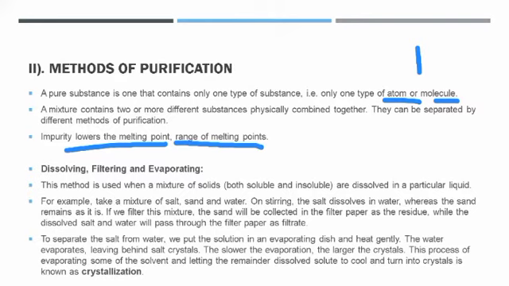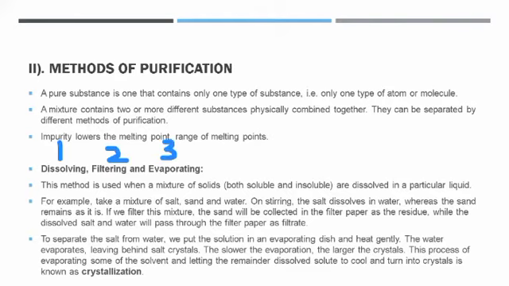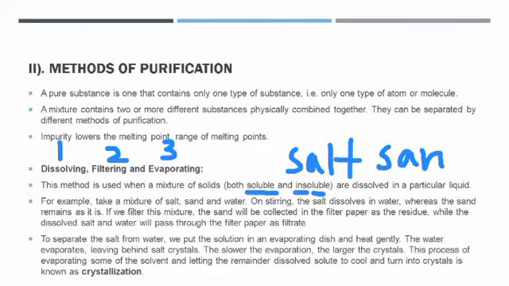for your melting point. Okay, then what is the first method to separate two substances? You have dissolving, filtration, then evaporation. That's one method, and these are the 3 steps for it. You first dissolve, then you filter it, and then you evaporate the substance. Okay, so when do you do that? When you have both soluble and insoluble substances dissolved in a particular liquid. Okay, for example, I have salt, sand, and the 2 of them are dissolved in water.